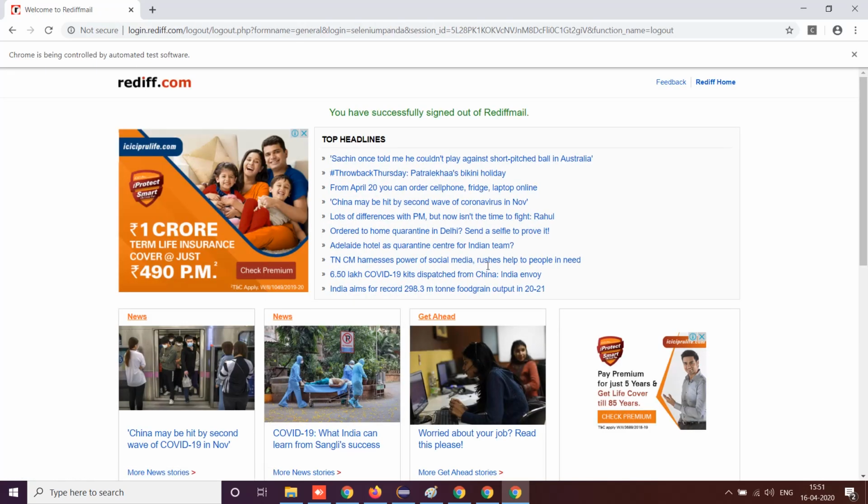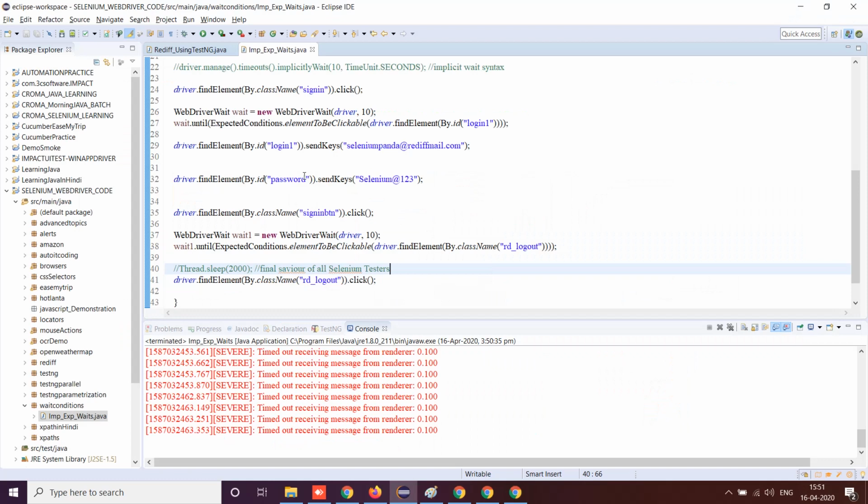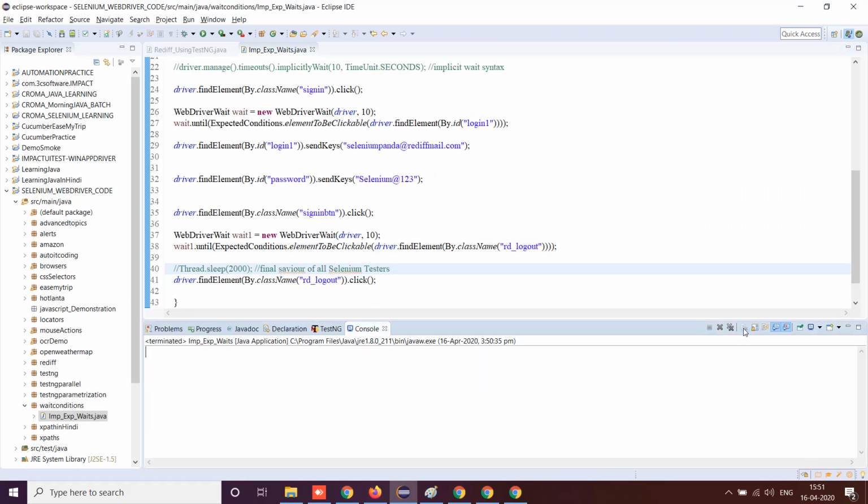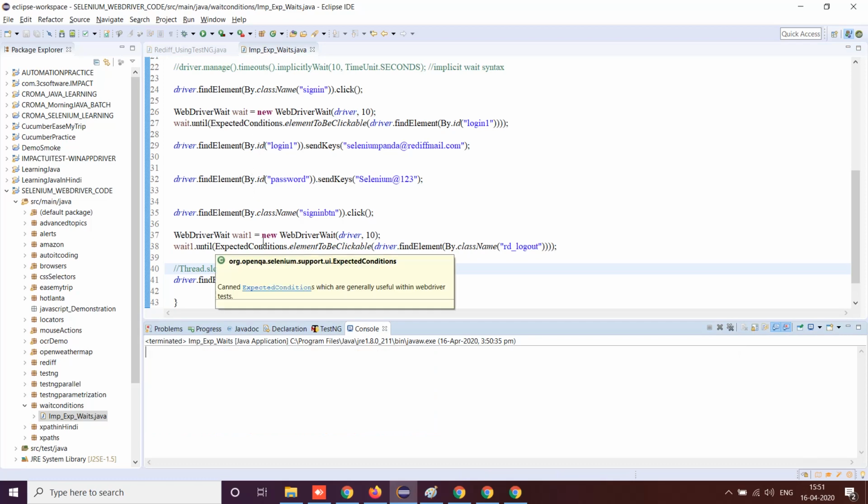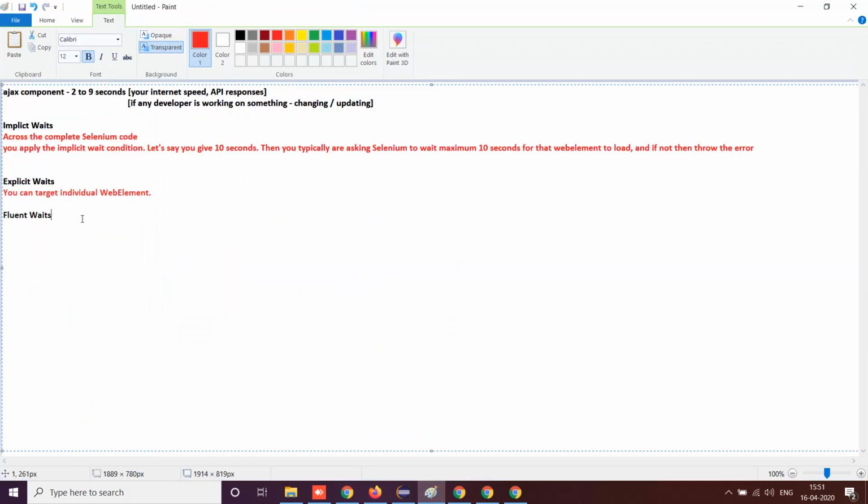So thread.sleep delayed our code execution. WebDriverWait did not. So what is basically the difference between thread.sleep and WebDriverWait? The basic difference is, with thread.sleep, whatever timing you give, it is mandatory to wait.